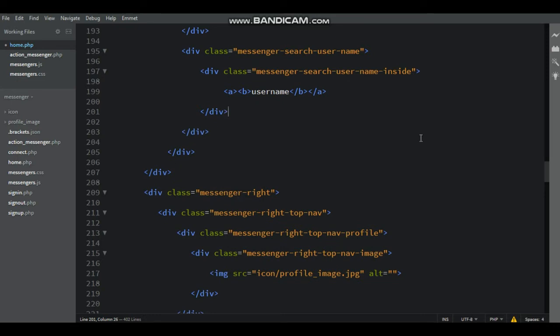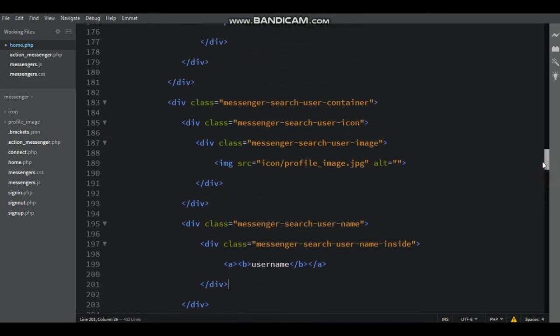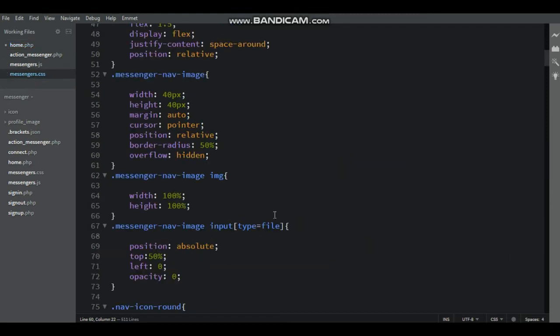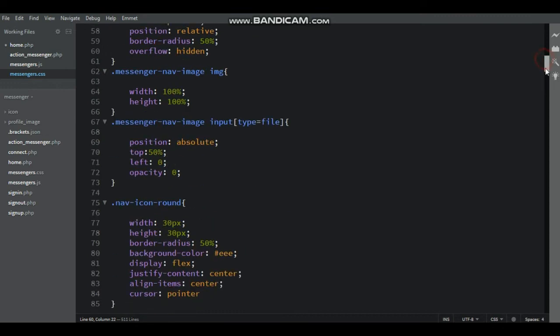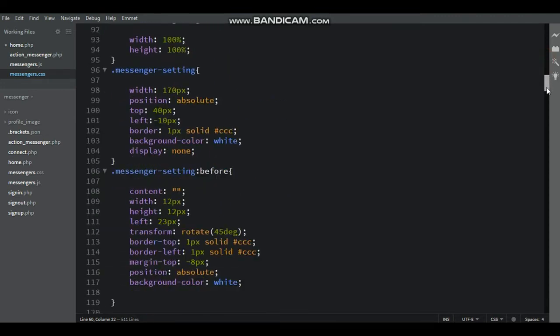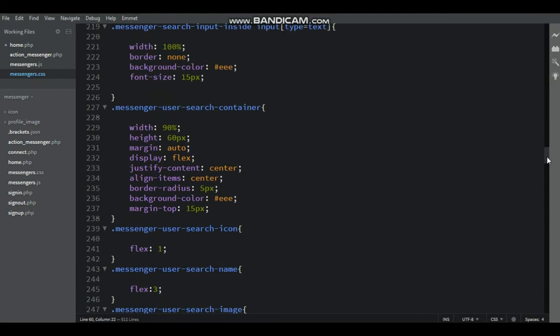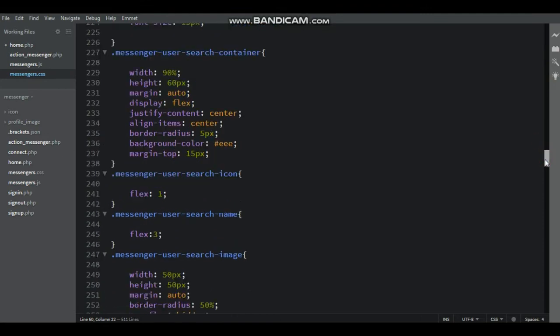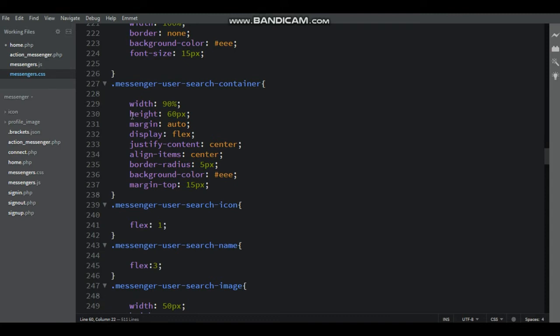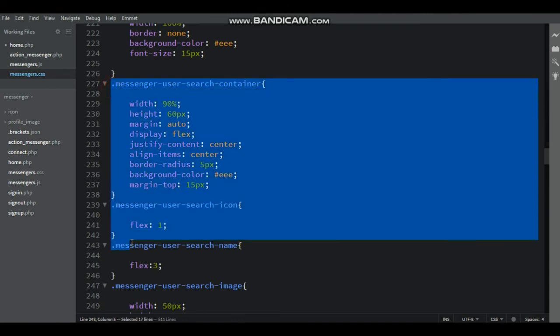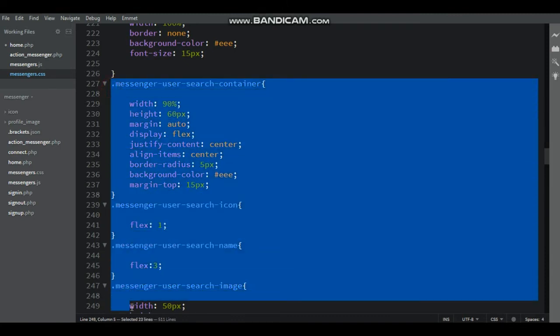Now design the search user container, messenger search user container. Go to the messenger.css file. Here that is after the messenger user search container.